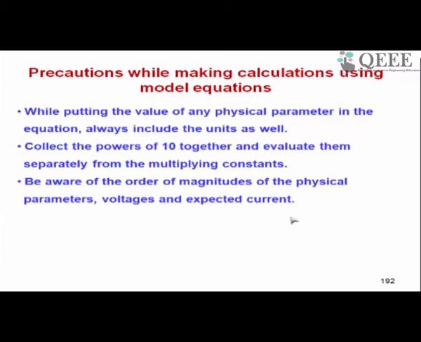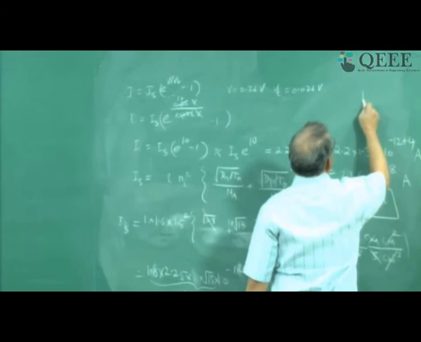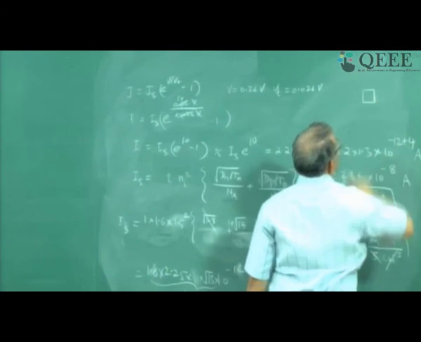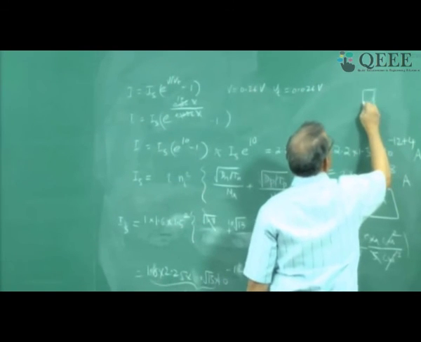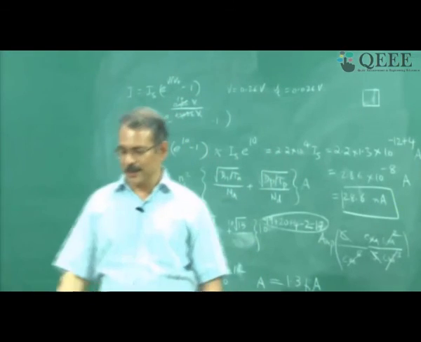So this is what is meant, that I must know. I cannot put doping of 10 power 25 per centimeter cube. That kind of doping levels you don't get in practice. So you can't make such mistakes, right? You can't put area of the diode as 10 centimeter square. Please remember, 10 centimeter square diode, how much is that? Area 10 centimeter square. This is 5 centimeters by 5 centimeters. This is really a big diode. I do not know how many of you have seen a diode of this size. So we should be aware of the realistic values of quantities.